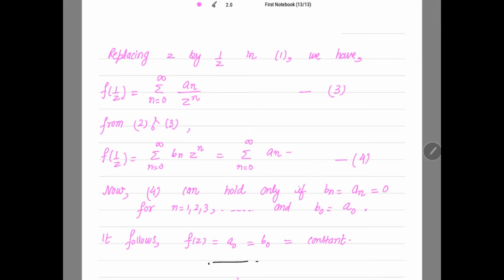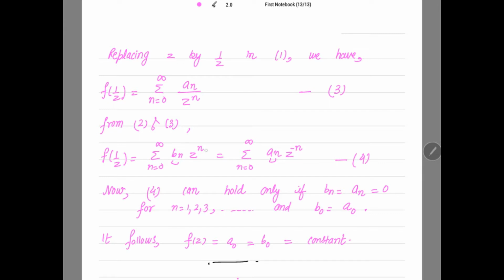I'm taking z to the power n in the denominator as z to the power minus n. Mark this as 4. Now when can this be equal? What is the condition so that these two are equal? Now 4 can hold only if